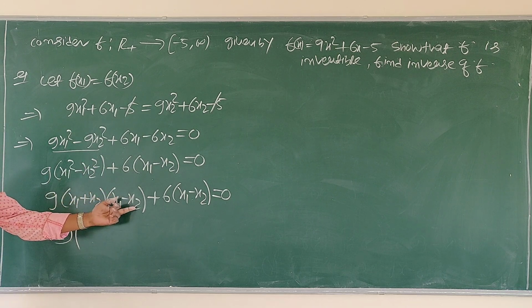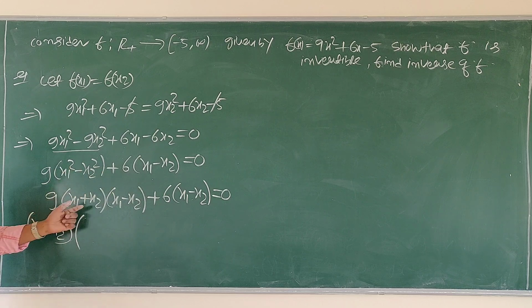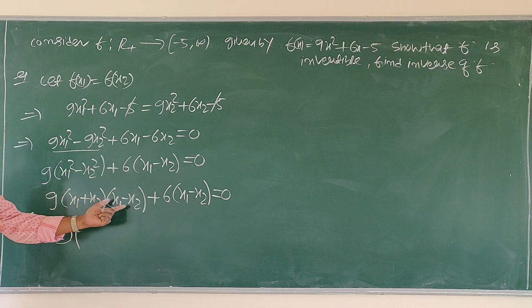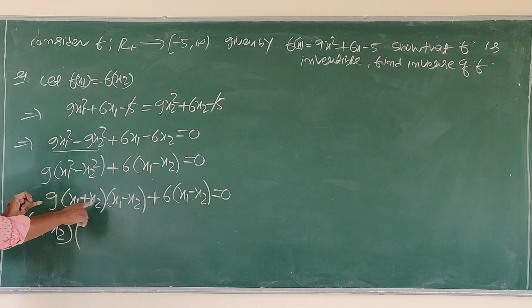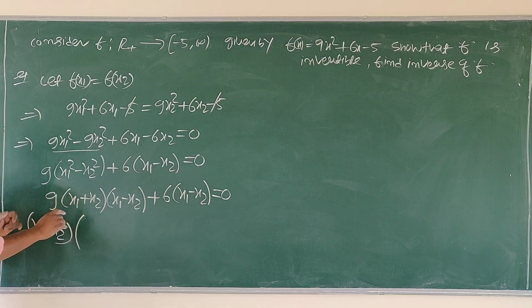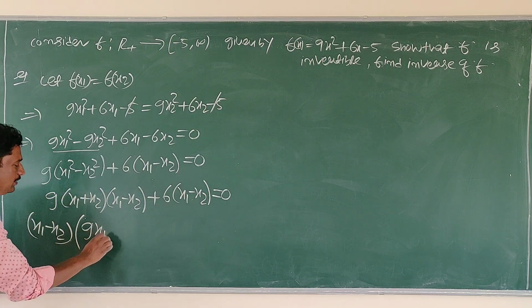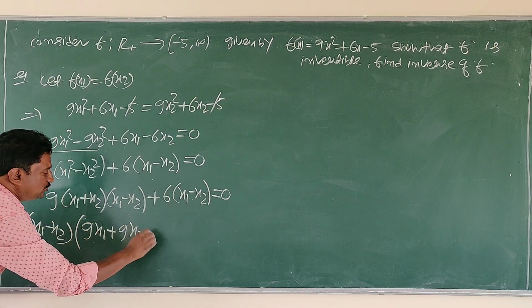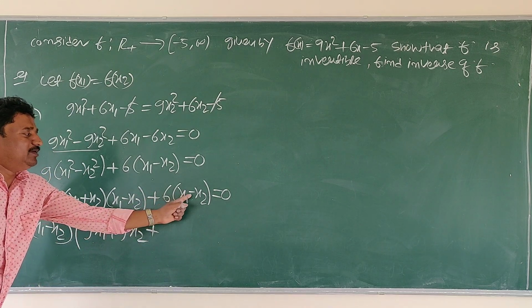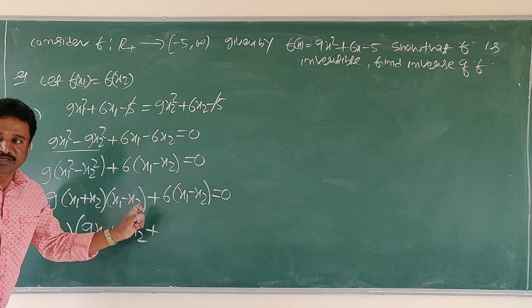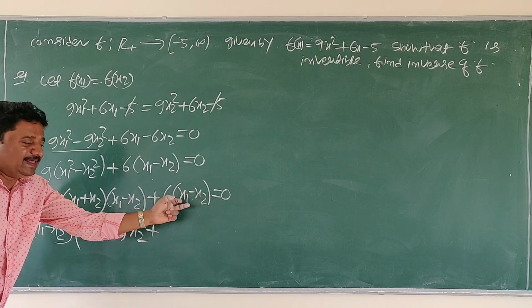What remains in this term is 9 into this quantity: 9 into (x1 plus x2), that is 9x1 plus 9x2. Again, from the second term, if x1 minus x2 is removed, the remaining will